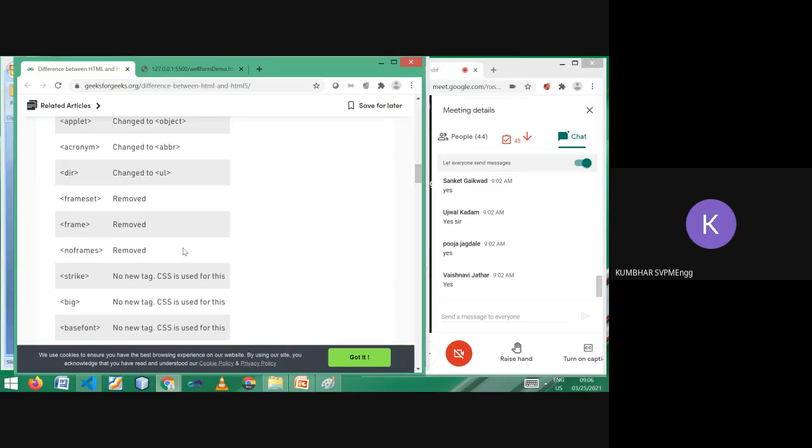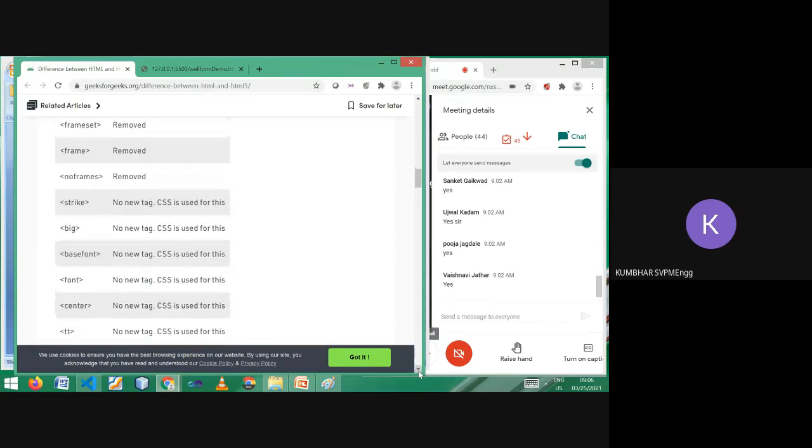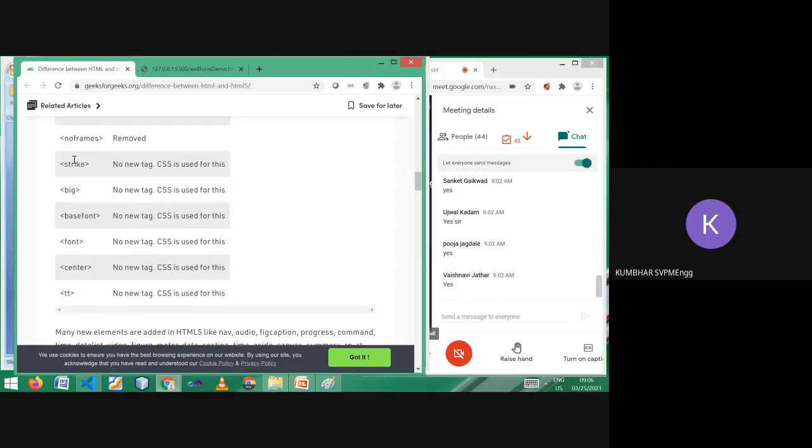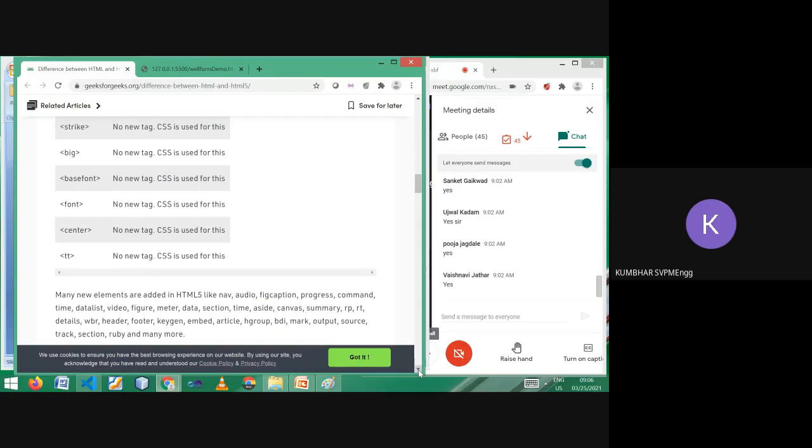Frames are not supported now in HTML5. Then you can see strike. It is not a new tag, but CSS is used for this. Big, basefont also no new tag in HTML5. In CSS you have to manage it. Center, tt. In CSS you have to manage it.